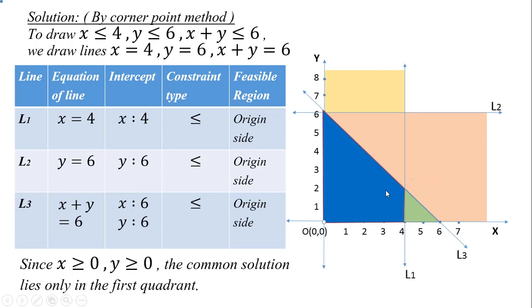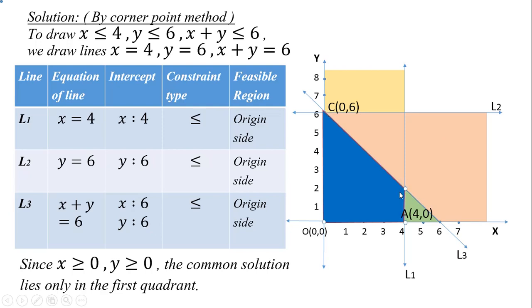So first we have to find the coordinates of these corner points of the common region. Okay. So 1, 2, 3, 4. Out of these we know the coordinates of the origin, (0, 0). Now we know the coordinates of this point, A (4, 0). Here x is equal to 4, so (4, 0). It is a point on the x-axis. Now the coordinates of this point, we know this (0, 6) we have taken here. The y-intercept is 6. So we know the coordinates of this point.